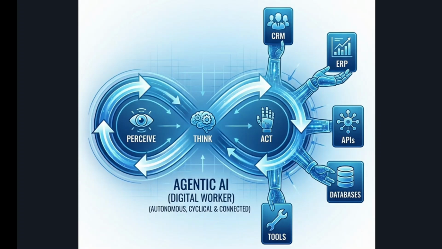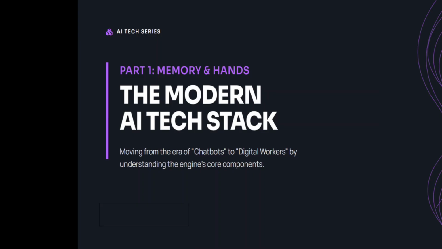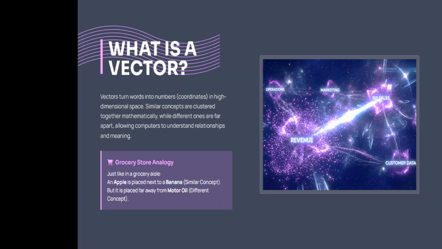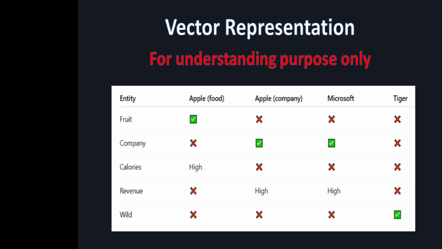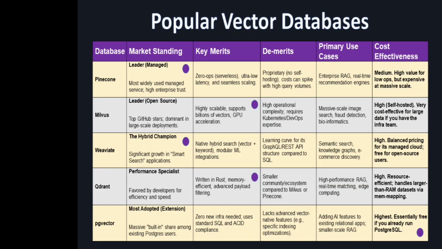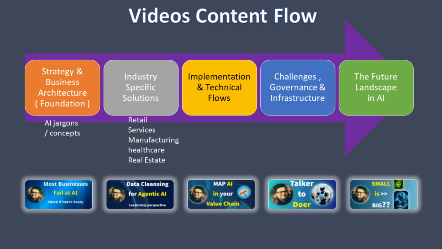In this video, we talk about agentic AI in detail: the modern AI tech stack, system of records, system of intelligence, what is a vector, vector representation, vector embedding, the magic of semantic search, popular vector databases, and this channel's video